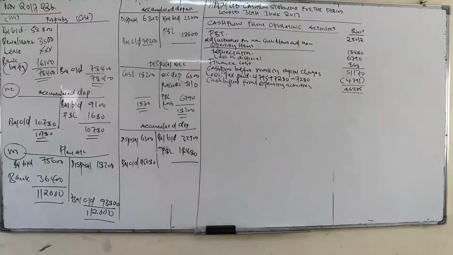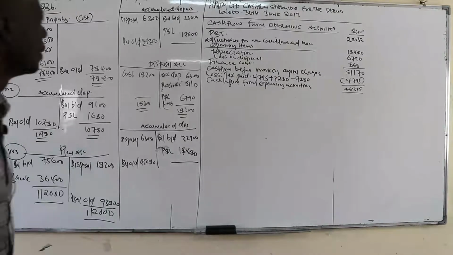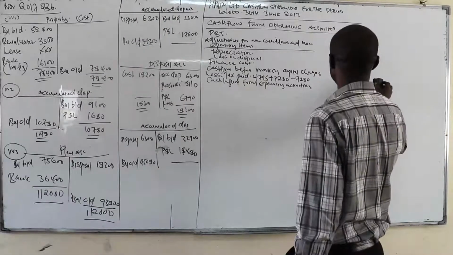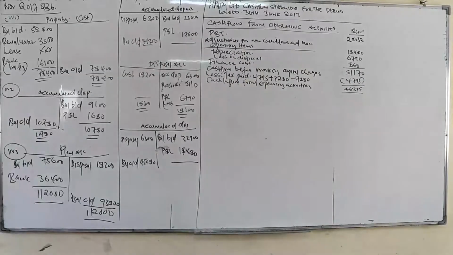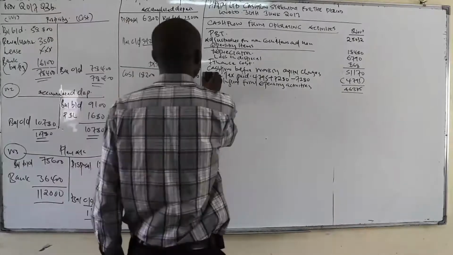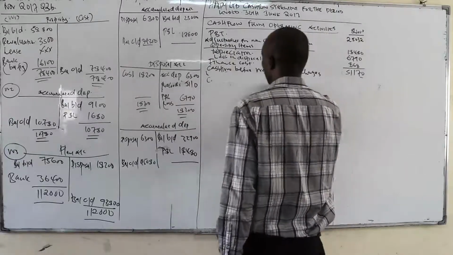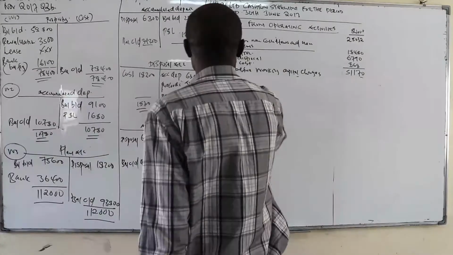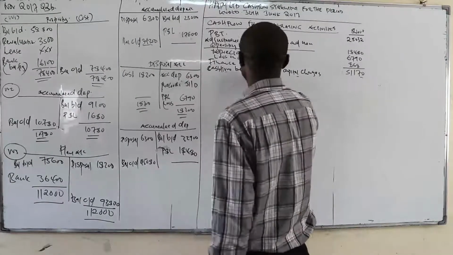Huh? Who else got a different answer? I think you're making some mistake here. Before we even go to, that is 46 how much? Before that, before we even analyze the changes, I think we are missing a step. At this point, when you arrive at the cash flow before working capital changes here, then you analyze